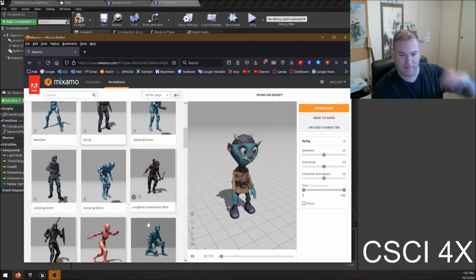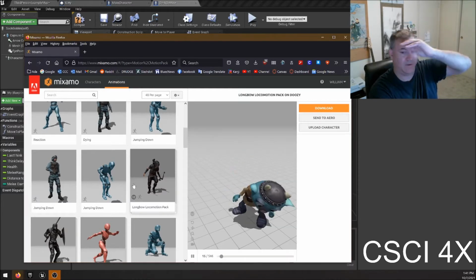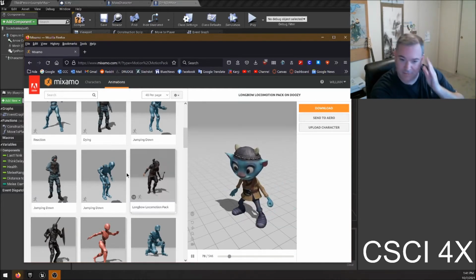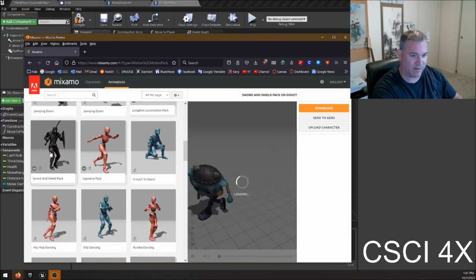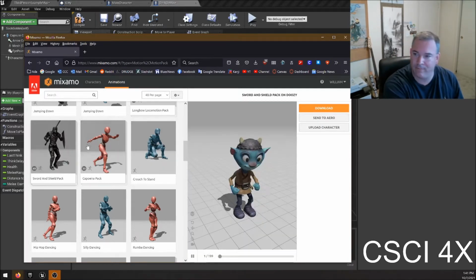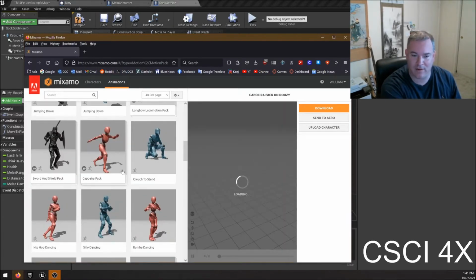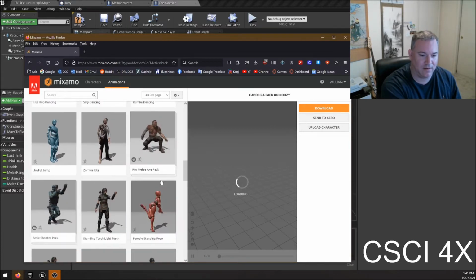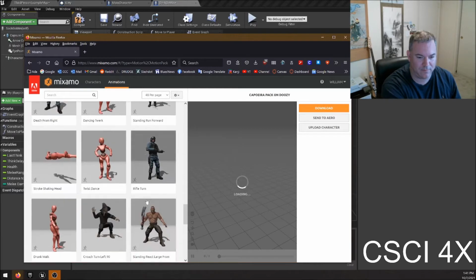In general, though, it's best to download one of the packs they have because that is a collection of different animations, and that's usually what you want. Like if you've got a character that's using a sword and shield, you download the sword and shield pack, and it has all the different animations for a sword and shield using character, right? The capoeira pack has a bunch of different animations for somebody doing capoeira fighting. Right? For the goblins,